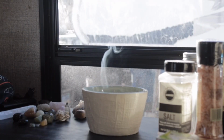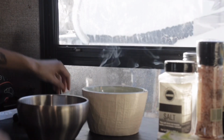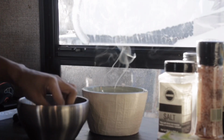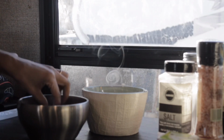I use whichever water to do a water bath that I have. I had a lot of sun water this time, so I used sun water. And you do want to make sure you pay attention to what crystals you are submerging in water. Not a lot of crystals are water friendly, so you will notice that I don't put all of them in